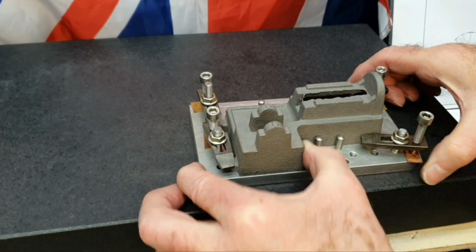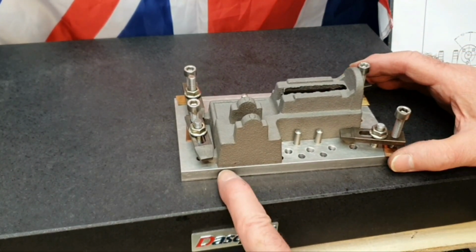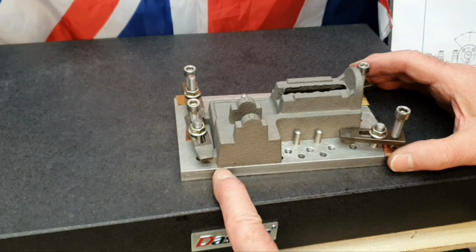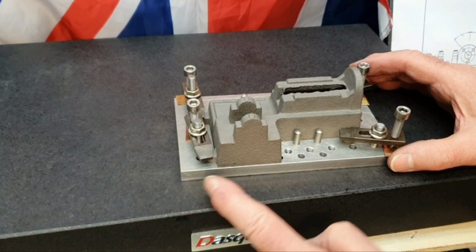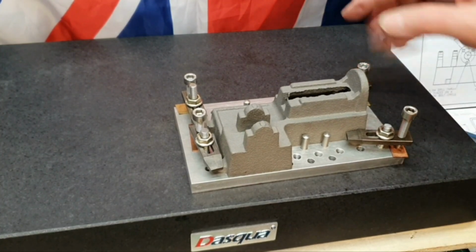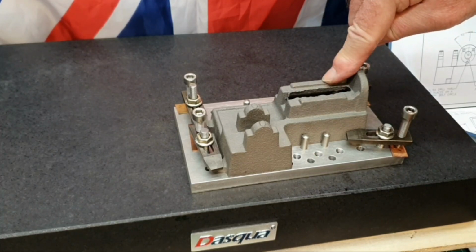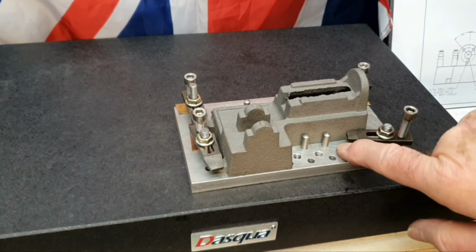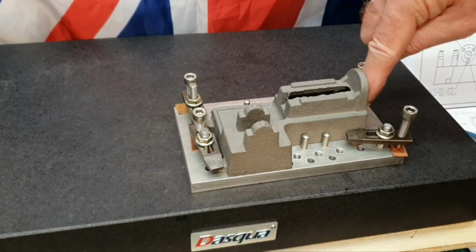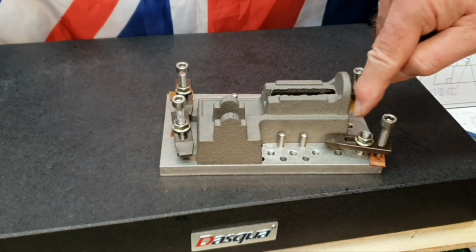One test that I've made, I'm not relying on what I can see by eye, but I can actually see that the edge of the casting here is pretty well in line with this edge here, just looking at it visually. Now the things that I've got to machine are these, really just to clean them up along the top so that they are completely parallel to the base, and I need to machine off this end here, because obviously with the casting draft here,